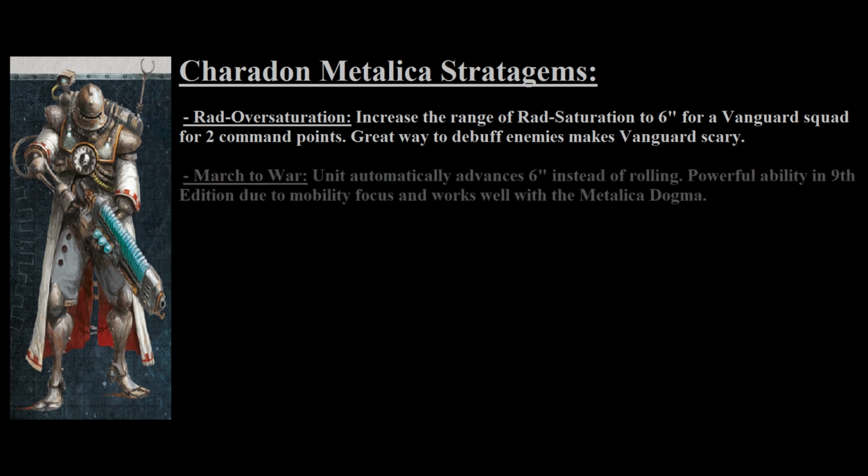Following that stratagem, there is the March to War stratagem, which costs 1 command point, and it says when you make a move to advance, instead of rolling, you automatically add 6 inches to the advance movement of the unit. This can be very powerful, especially considering the current dogma of the Metalica forces, which reduces the penalty of firing weapons after advancing. All in all, this gives Metalica a ton of mobility, once again mentioning the Ash Runner ability,